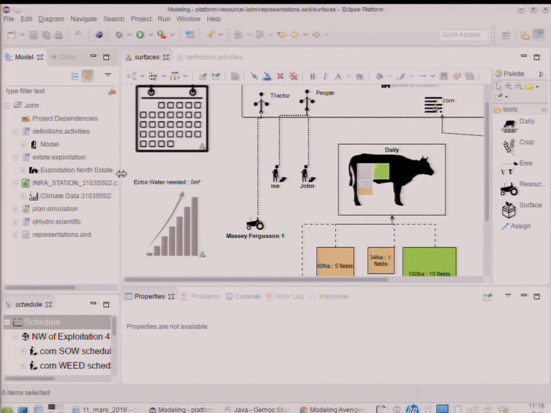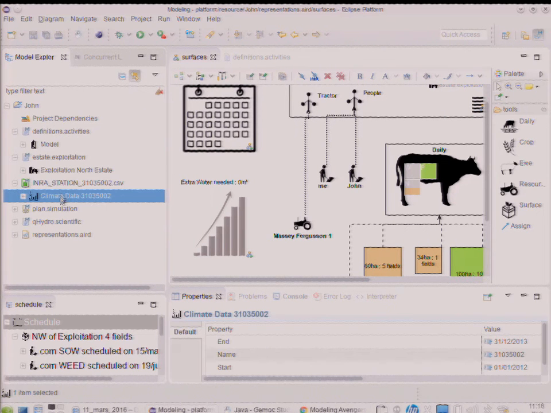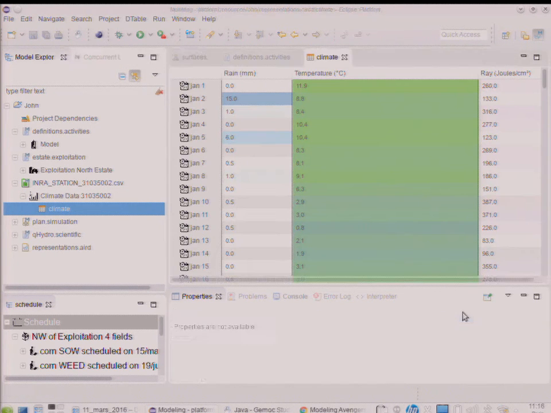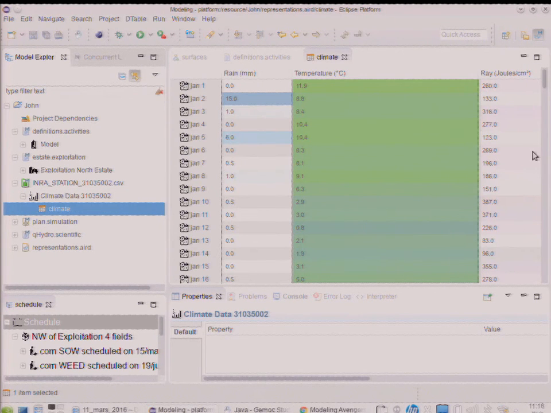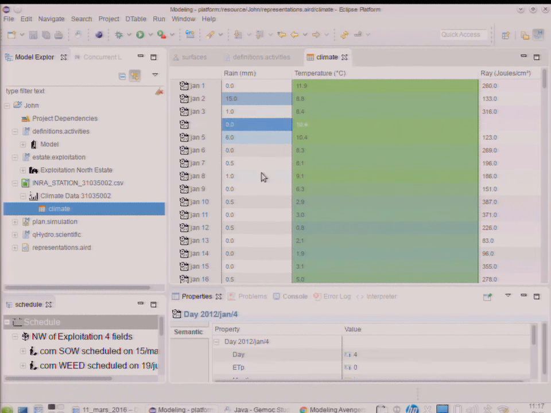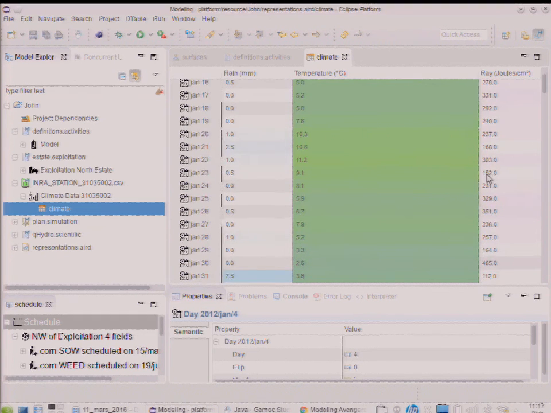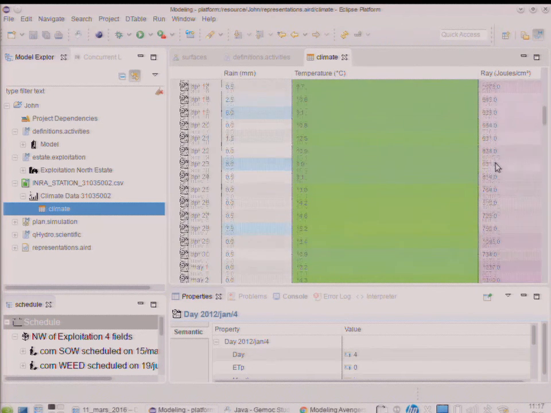This data is here represented as a model. So I have a CSV file. And we are loading the file as a model, and so we are displaying it in Sirius as a table. So these are the climate data of an area near Toulouse. And we can see that for each day, the amount of rain, the temperature, and the ray exposition for the area.